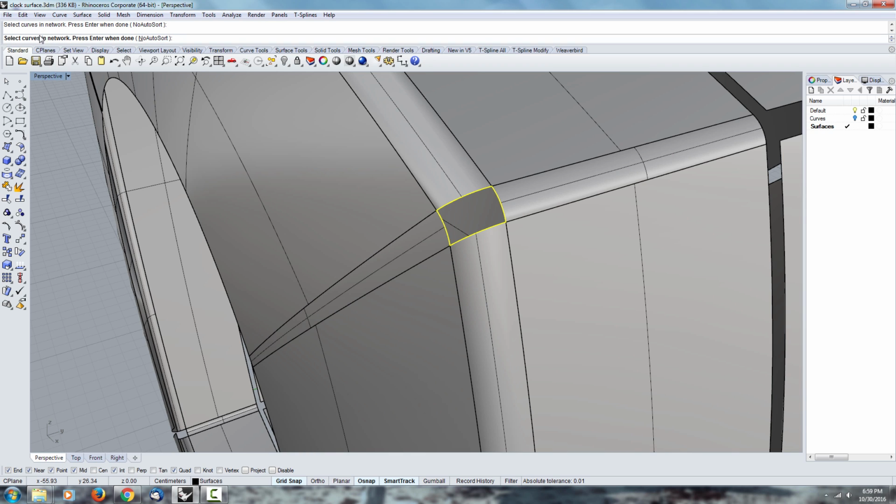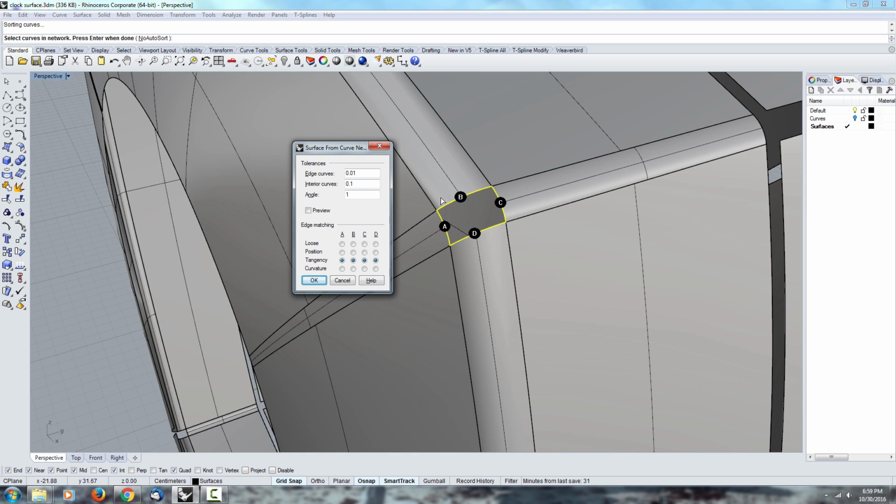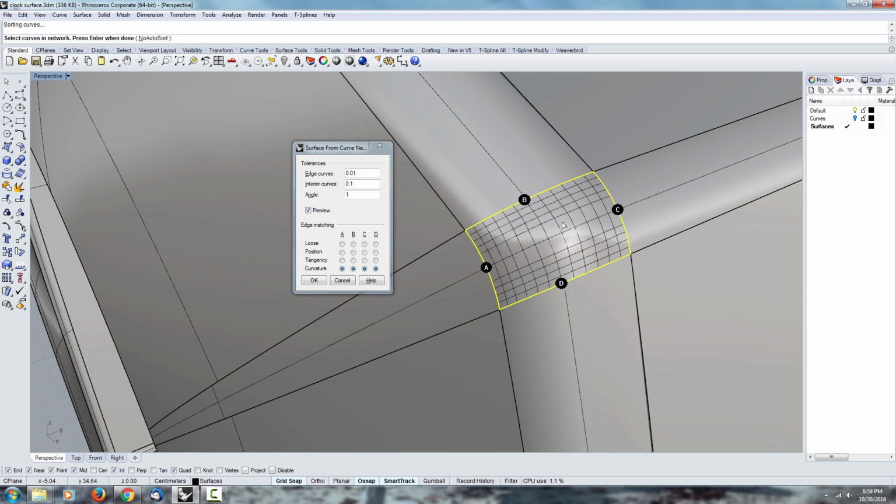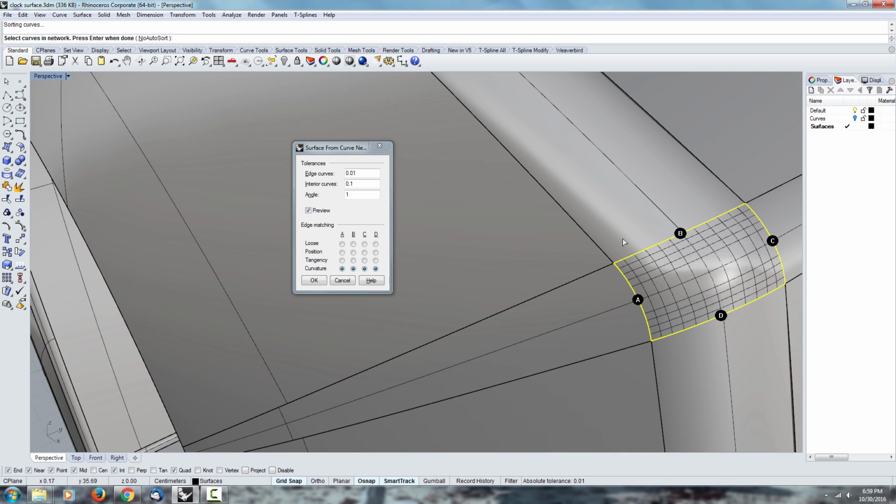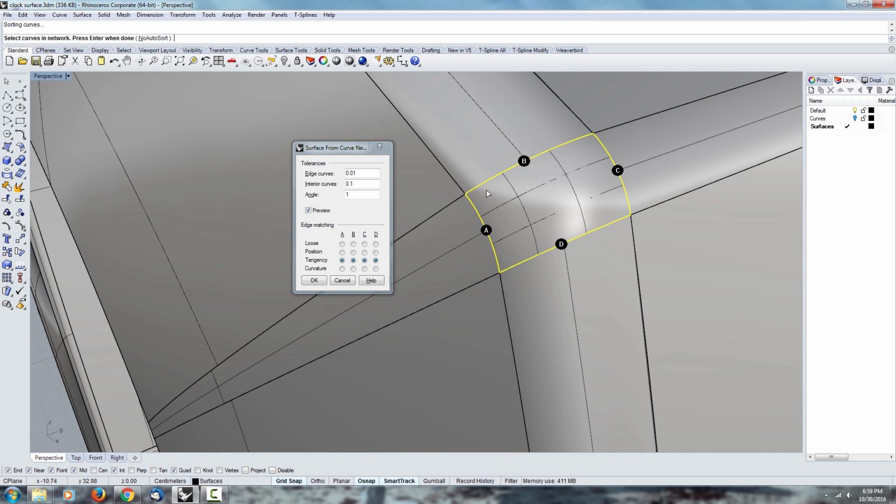So anyway, once you do that, once you select everything, you can press enter, and it's going to give you a bunch of options, and here you can force everything to be curvature or everything to be tangent. So if we try everything with curvature, we should get a very dense fillet, but it's going to be really smooth. Now, if we go with tangency, we'll get something really similar, but the surface is lighter than it was before, and you can see right away